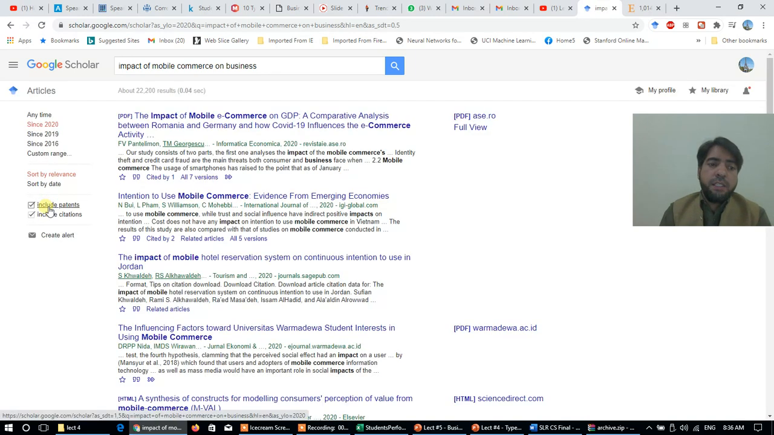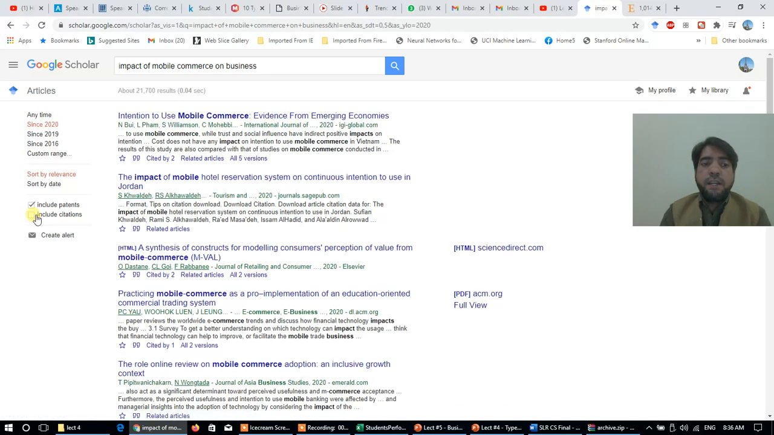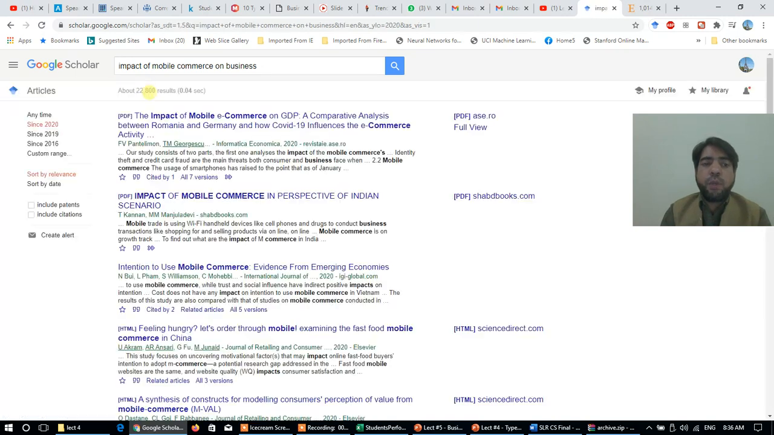And there are some other filters as well, that you can use to include or exclude articles which are not cited, and you can also exclude the patents as well. Now you can see that this figure is going to change. So we can explore this topic of impact of mobile commerce on businesses from the online research